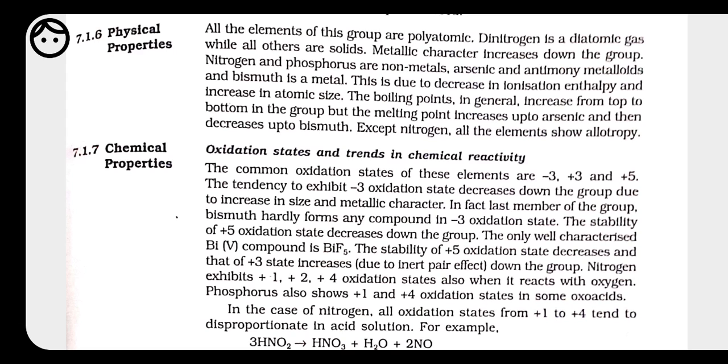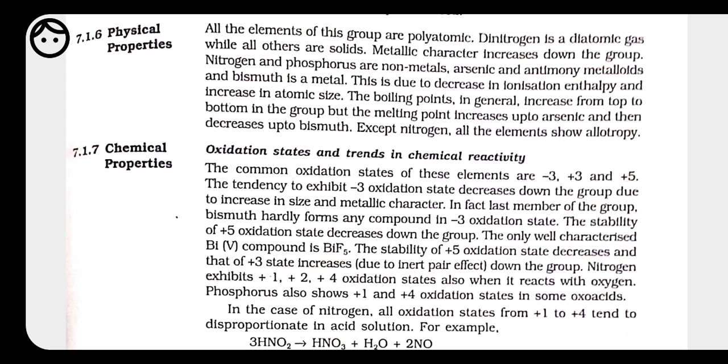So all the elements of the second period are going to show some anomalous property from the elements of their group. Nitrogen is going to show some different property from its group. So what is the reason behind that? This we also did in the previous class, that is class 11. The reason for the different property of nitrogen, or all the elements of the second period, is the small size of the elements.